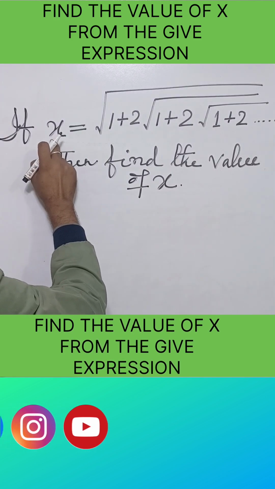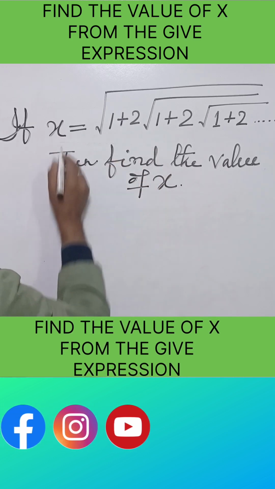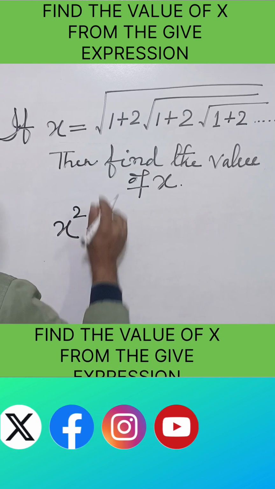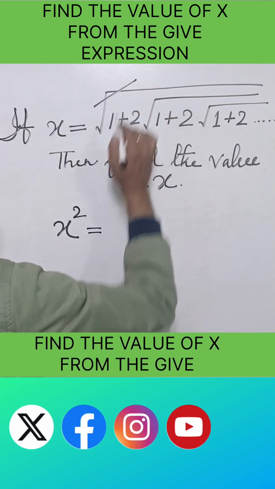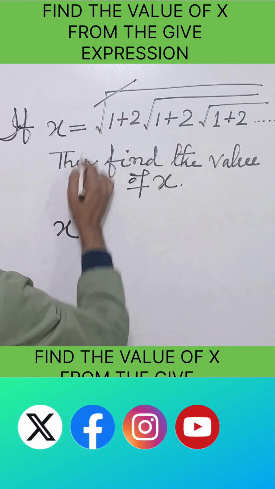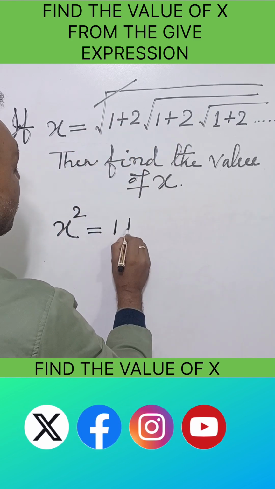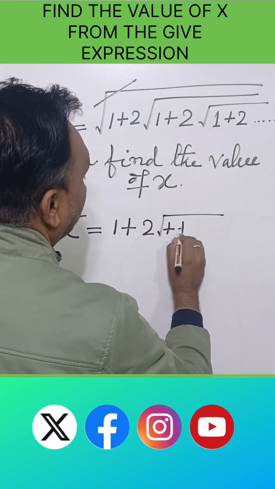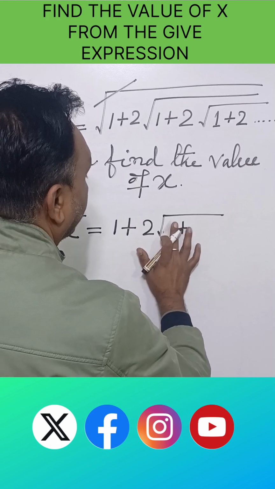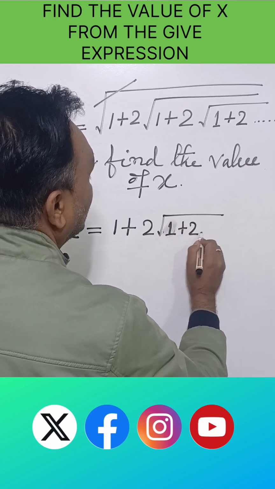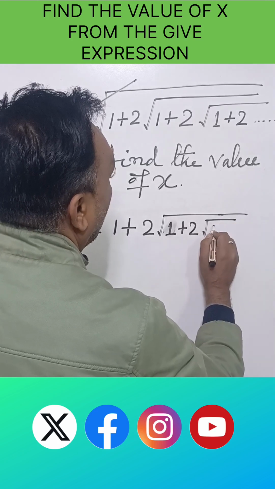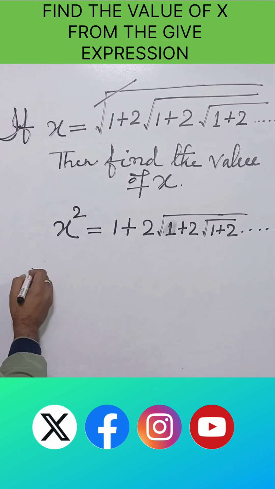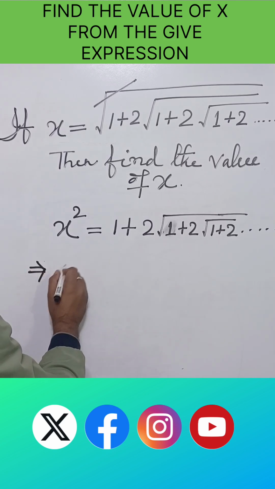So first, this is the value of x. If we take x square, then this square root will be removed. Yes or no? If we take the square, what will we get? 1 plus 2 under root 1 plus 2 under root, so this implies x square